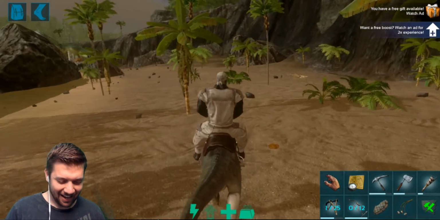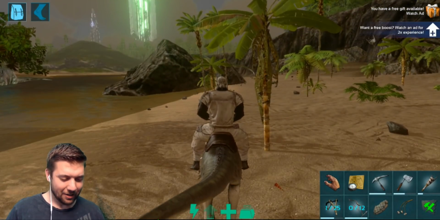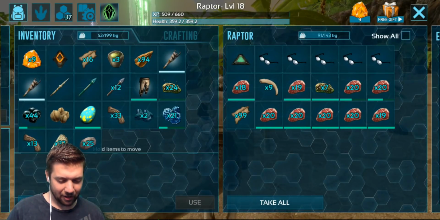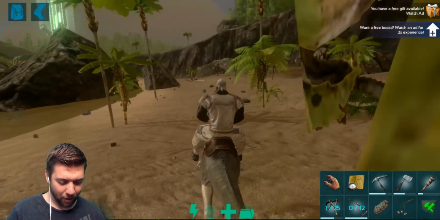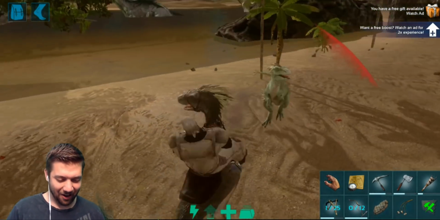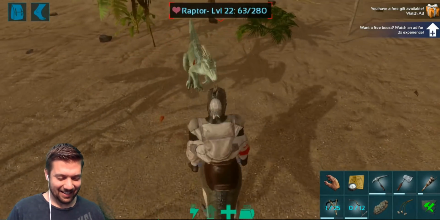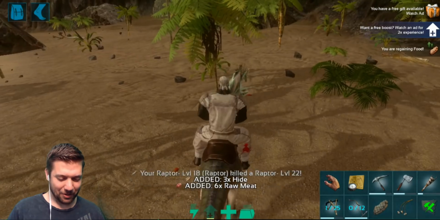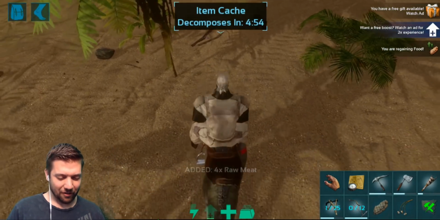I just don't want to start that tame and lose it. That's a really high level raptor. It's actually higher. So this one that I have, I think I got at level 11, and it's level 18 right now. But it'd be really nice to have a higher level one. Oh, shoot. Here's a level 22. There's another raptor. I probably should have tried to tame him too. I could have hopped off and got a bola on that guy, but I was just nervous about my raptor